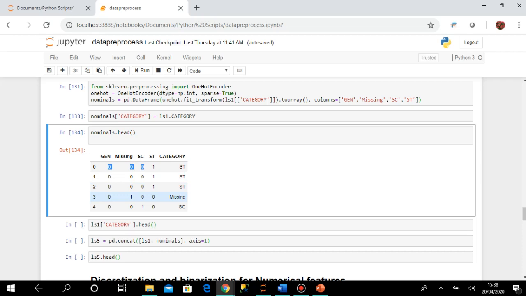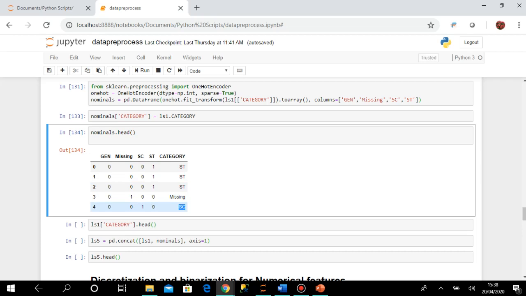Now if you see this record, here category is missing, and only in this missing column there is the value 1 and the rest of the values are 0. And now if you consider this record, here the column value is SC. That's why in this SC column there is a value 1, and the rest of the columns are 0.